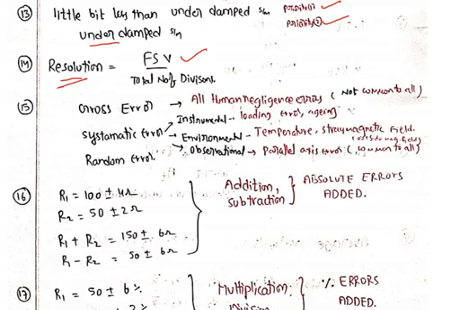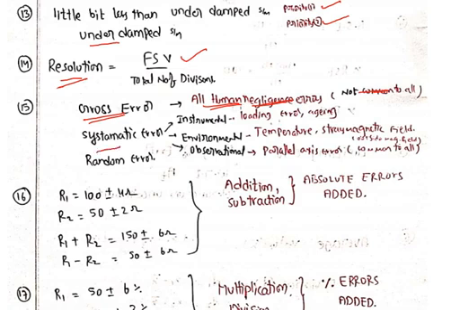And gross error. Gross error relates to all human negligence errors. Not common to all, it is the way we look at the reading. All human negligence error means the way we look at the meter reading. When we are looking from the left side or right side, the meter reading may appear in different ways. So that is all human negligence error. And by overlook also, for 2.2 we may see 3.2, based on our observation.